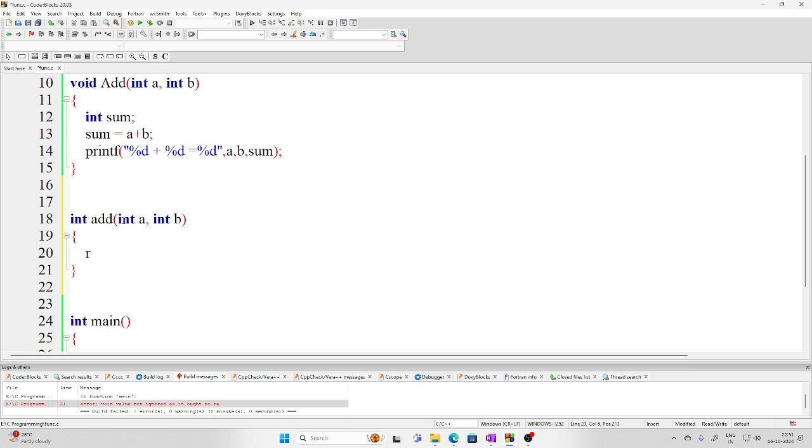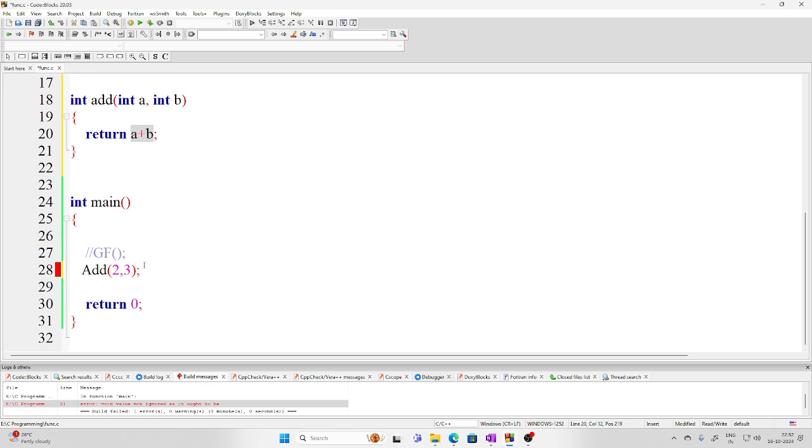So this is simply returning the sum of a and b. That's it. So this is accepting argument as well as returning. Now I can use the value which this function will return for further processing. So let's remove this part,